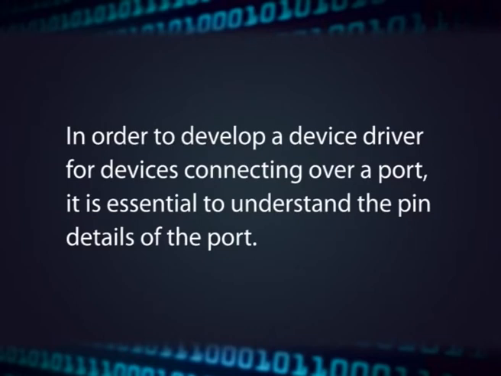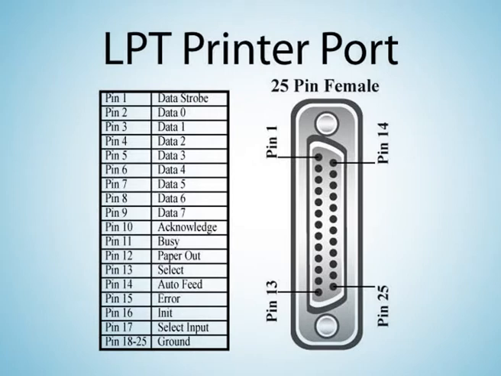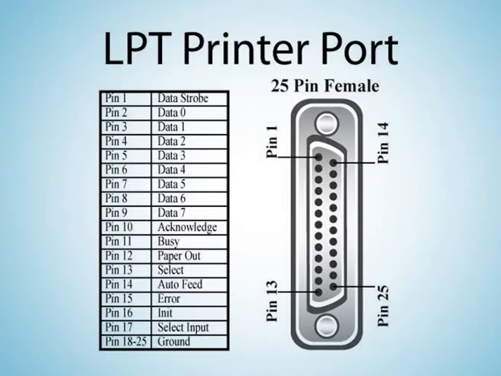In order to develop a device driver for devices connecting over a port, it is essential to understand the pin details of the port. Earlier, the printer device was connected to the desktop using the parallel port. Therefore, the specification of the parallel port is taken up as an example here. The parallel interface, as shown in the figure, has 25 pins and is made up of 3 8-bit ports. The typical PC board configuration allocates the address 0x378 to the first port, that means a data value 19 hexadecimal written over the address will actually be written to the IO port